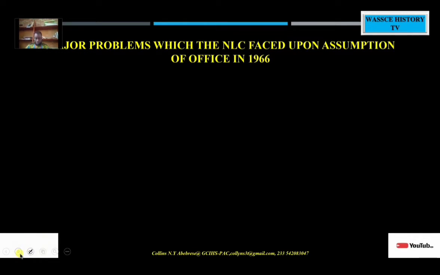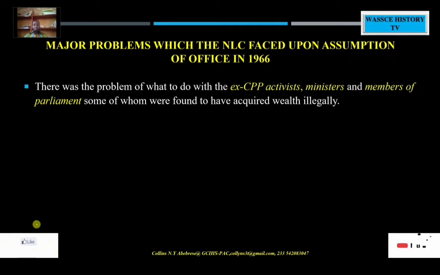Let's then take a look at the problems that the NLC faced upon assumption of office in 1966. Good. So let's begin with the first problem. The first problem that the NLC faced was the problem of what to do with the ex-CPP activists, ministers and members of parliament who were found to have acquired wealth illegally. After the coup, it was found out that some of the CPP ministers and MPs had used dubious and corrupt means to acquire wealth, and so the NLC faced a problem as to what to do with these people, whether to imprison them or